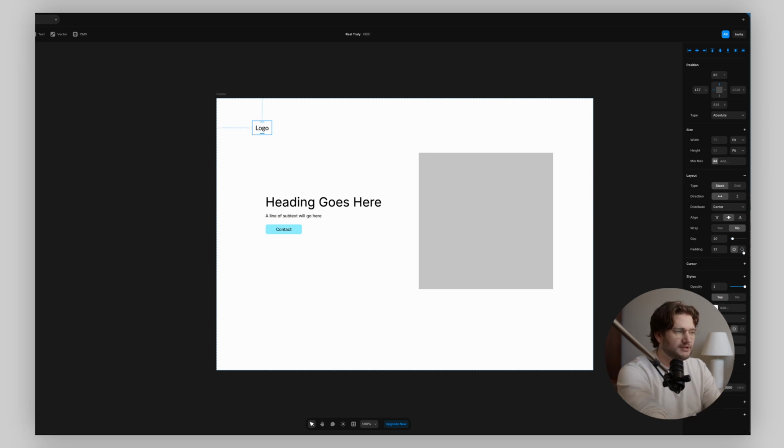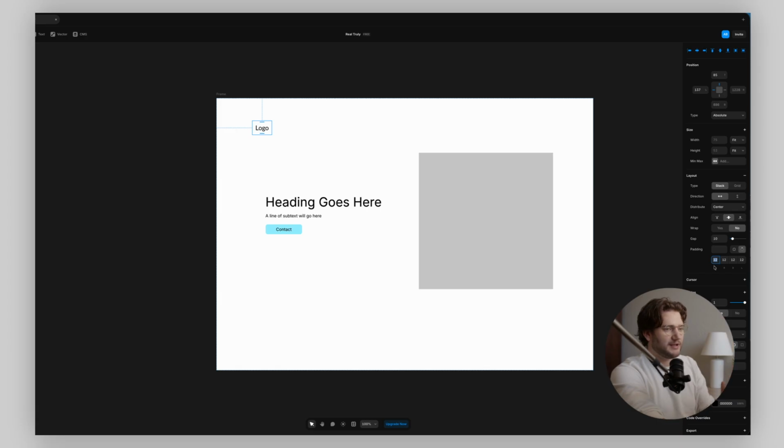But if you come here to get more specific, saying we don't want 12 all around, we just want 12 on the top and bottom, then you can go to this, and it has this top, right, bottom, and left. And this, I just do not like this structure. That to me is just, it messes with my mind. I feel like it should be top and bottom next to each other, left and right. And